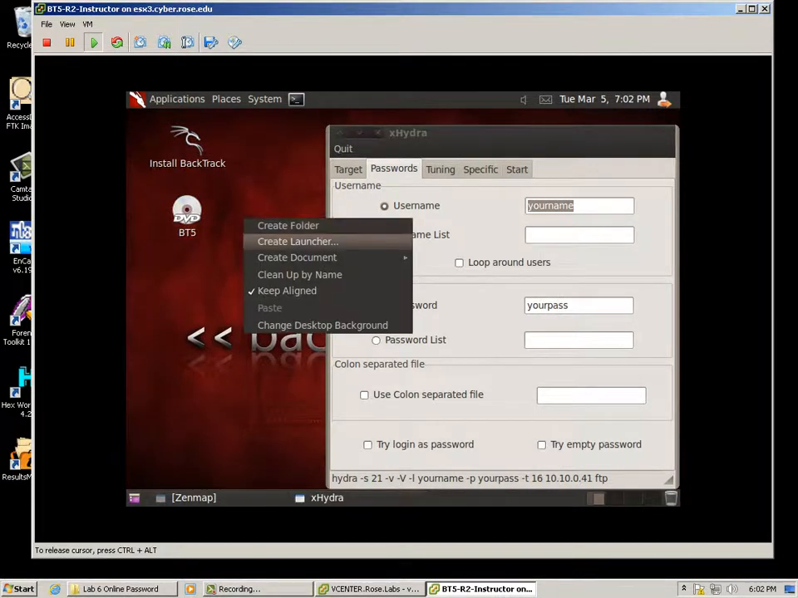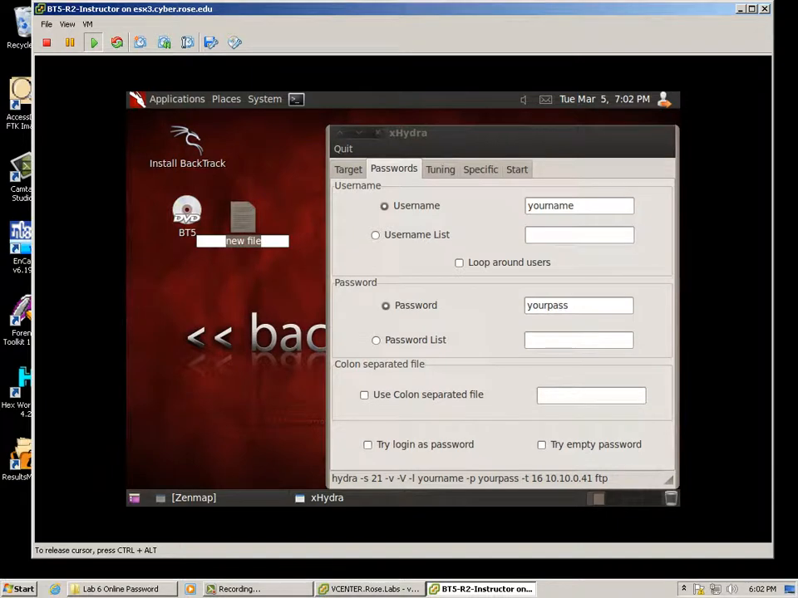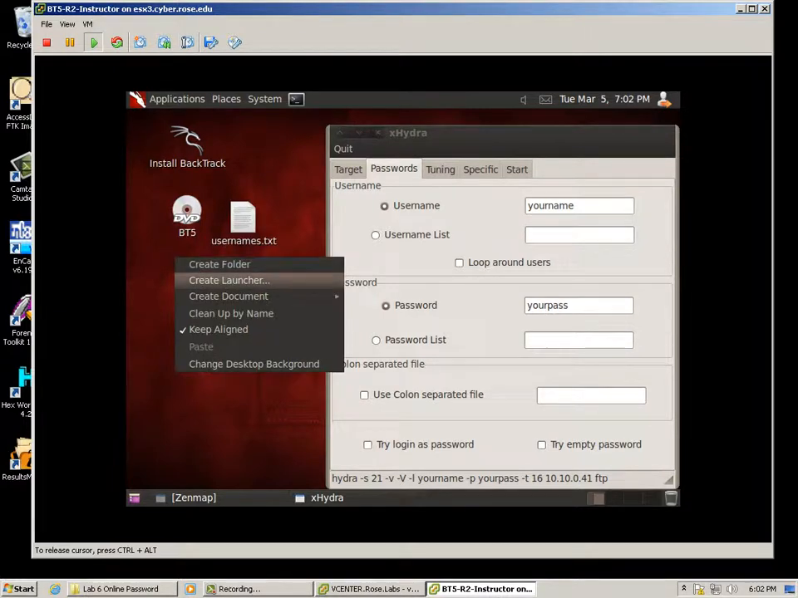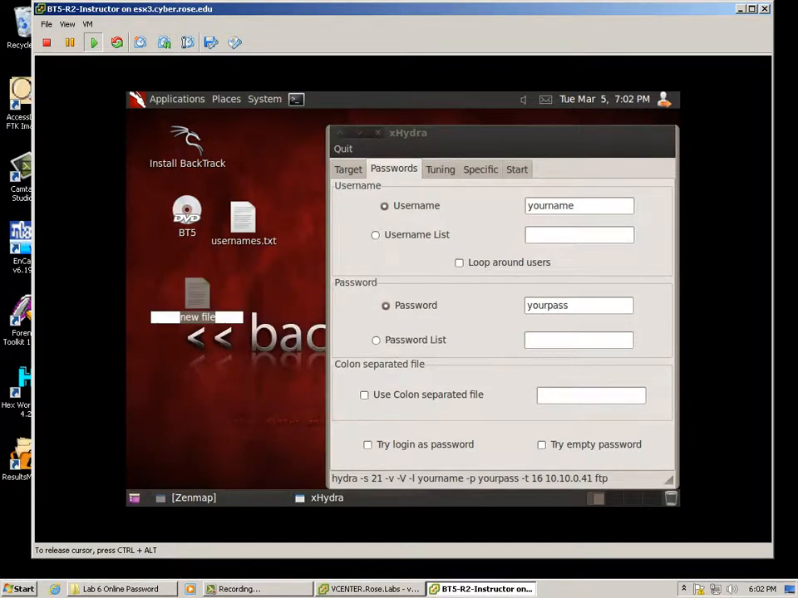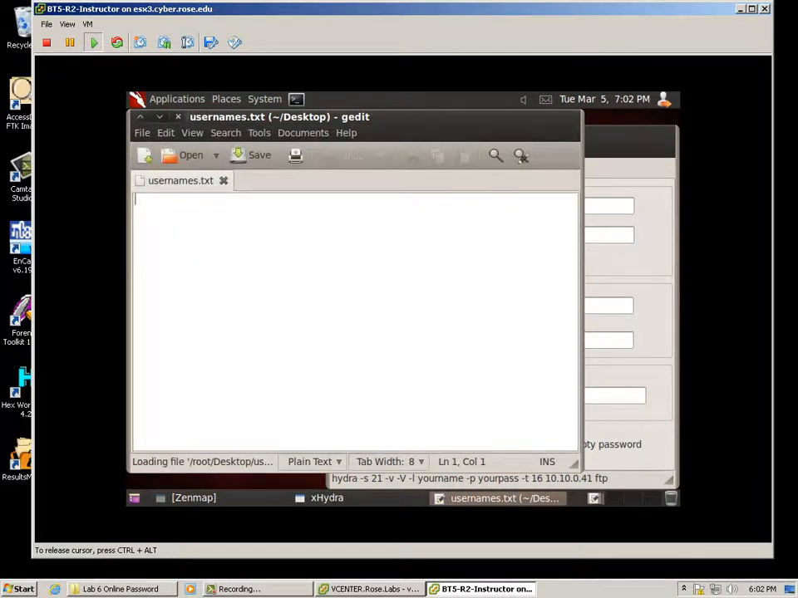On my desktop over here, I'm going to go create a document, an empty file. I'm going to call it usernames.txt. I'm going to create another file called passwords.txt. Now you guys are going to use the english.txt file because I already gave you that. Okay, so I'm going to go up to usernames. Okay, and I'm going to use